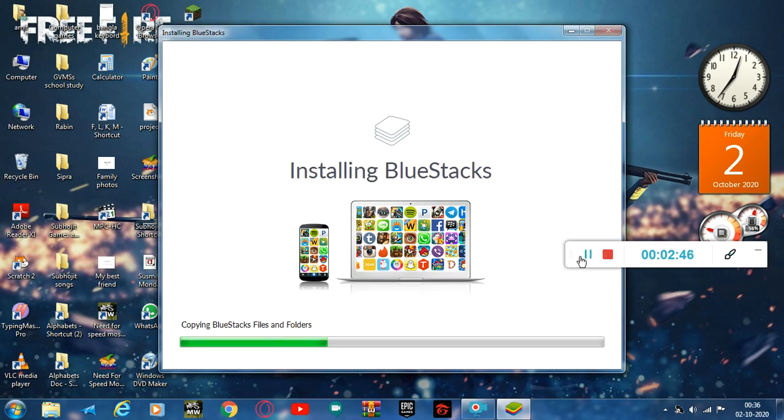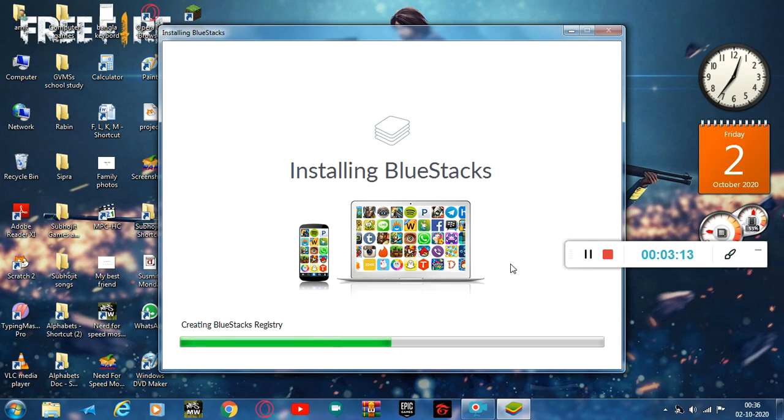So guys, you need one more file, let me show you. Wait guys, wait, don't be so fast. Sorry for the background noises, very sorry, but still, see, it is creating the BlueStacks registry.